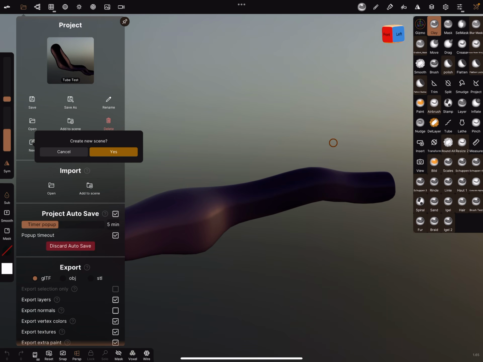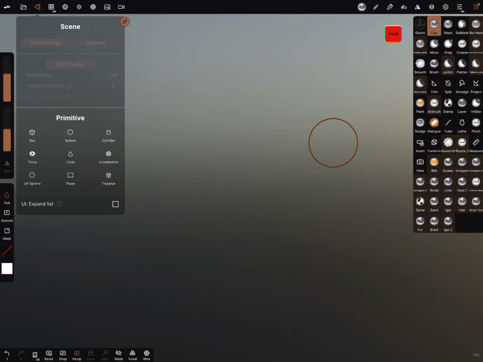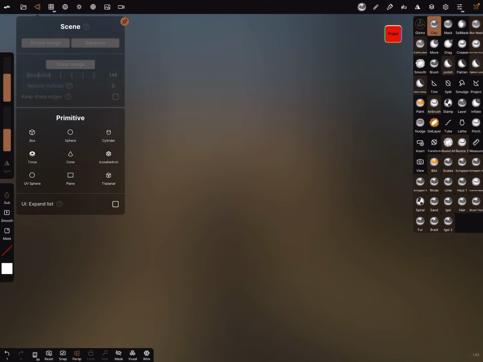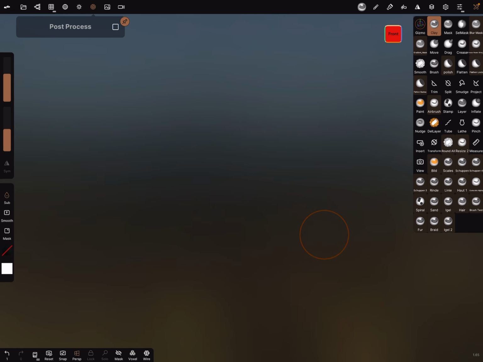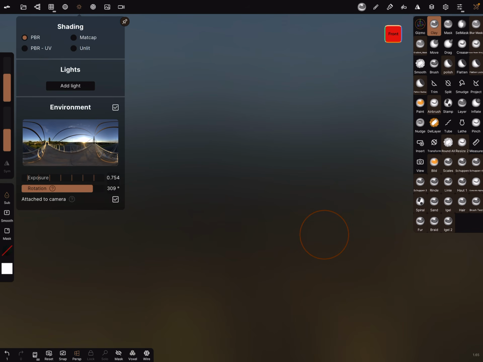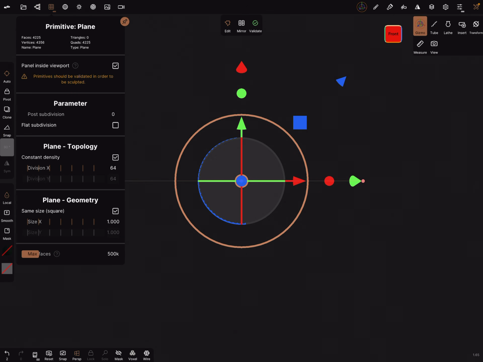Okay, let's create a new scene. We don't need the sphere. Okay, sorry. Here's the background. Okay, we need a plane.